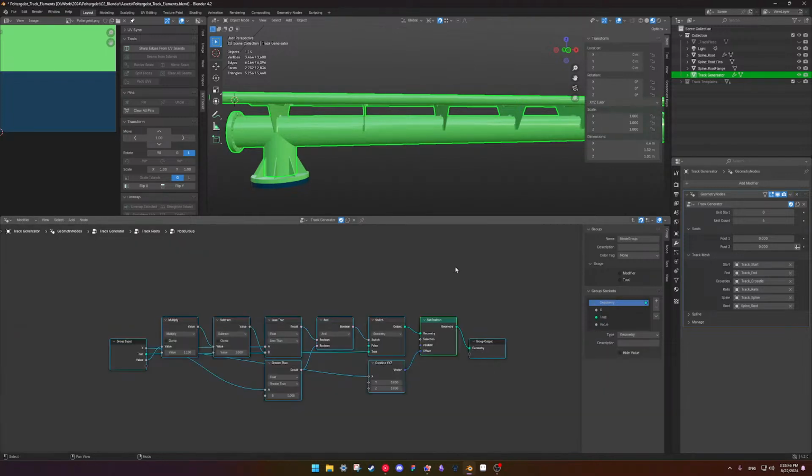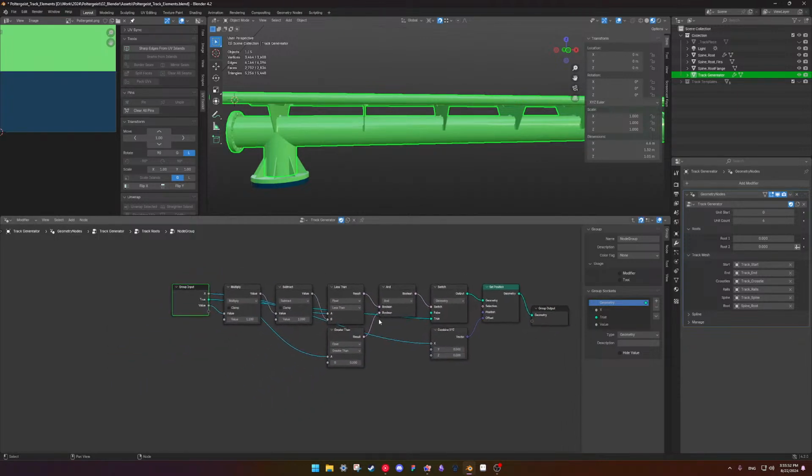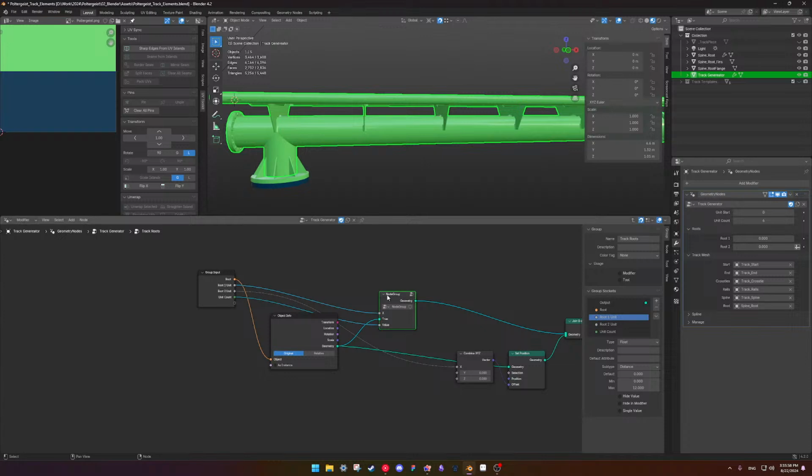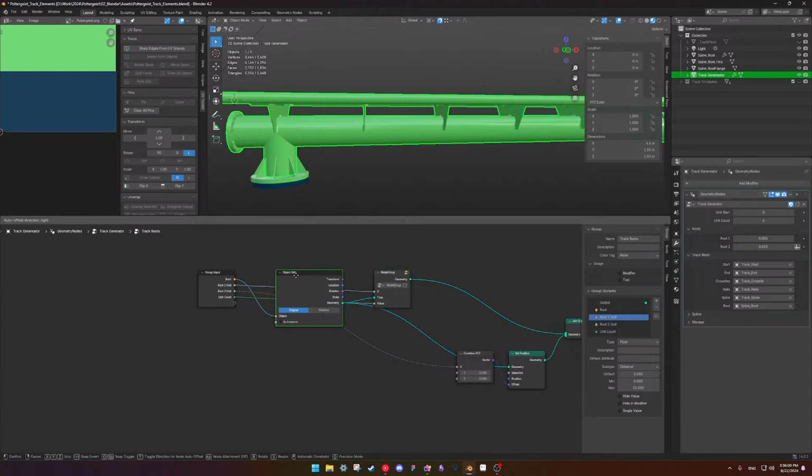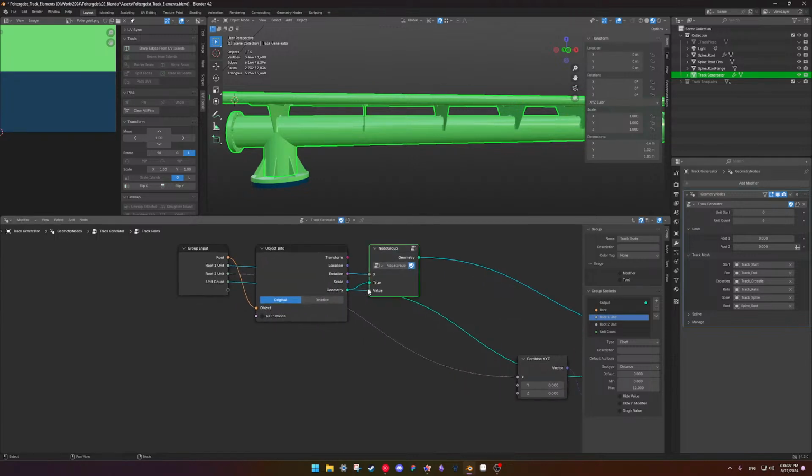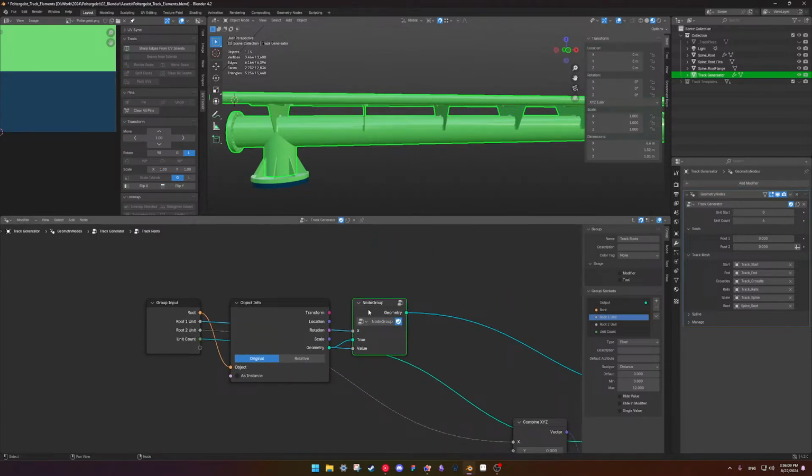Let's make this a group. Okay. So we can move this here. Excuse me. What are we gonna name this? Unit 1.